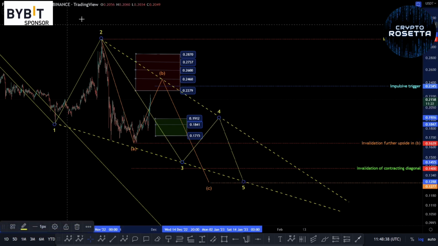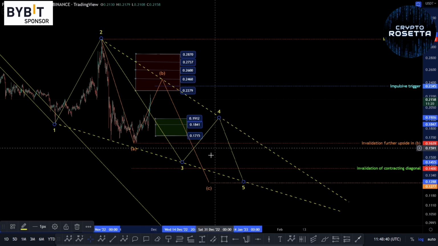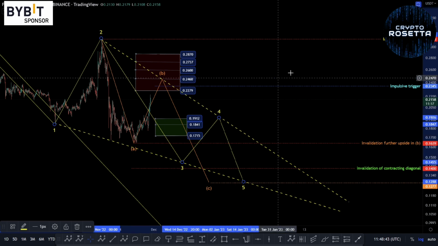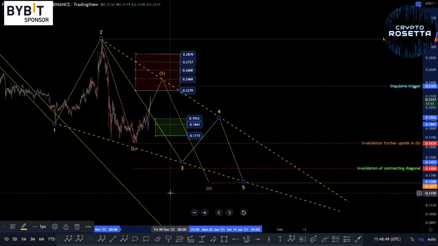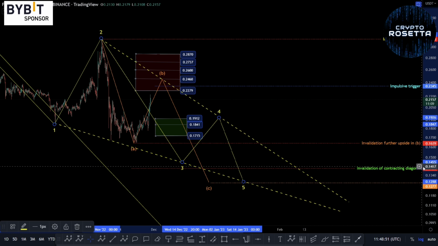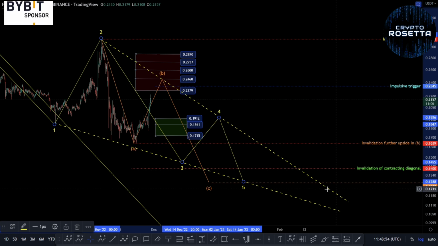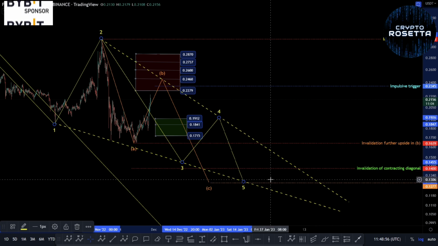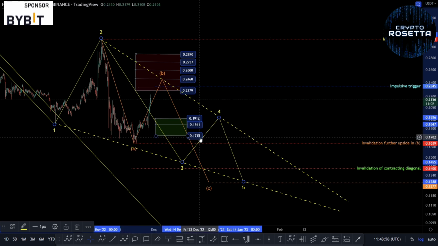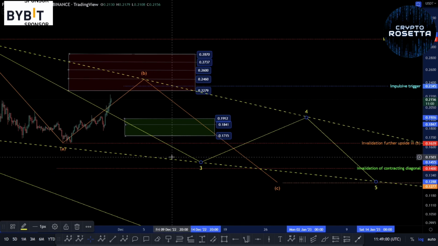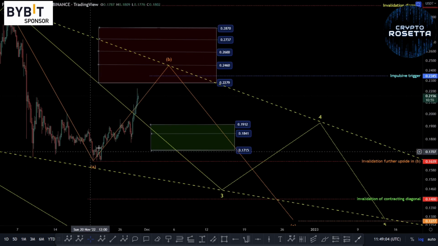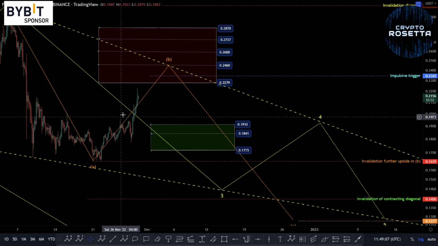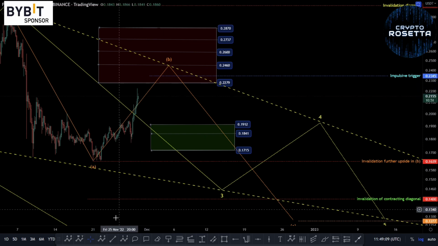So these lines are not exact, and there's two invalidations for this really. There's crossing above this 31 cent 50, and also crossing below this 0.1400 area. That would invalidate this as a potential diagonal. So looking at it in this way, we would be looking at the same ending location, and we'd be looking at this as just an ABC to the upside here.